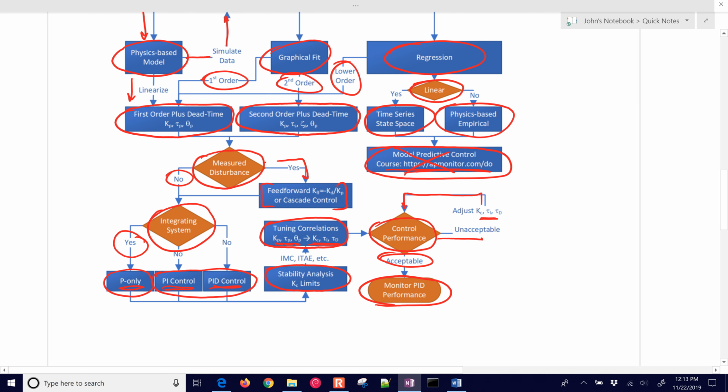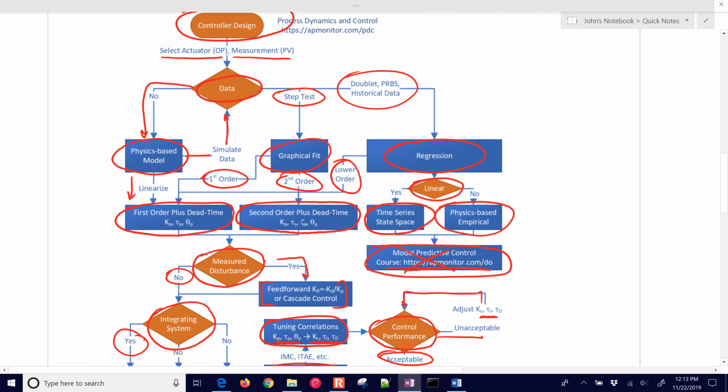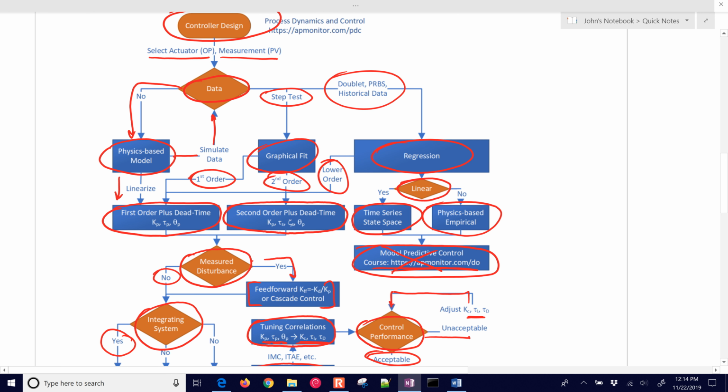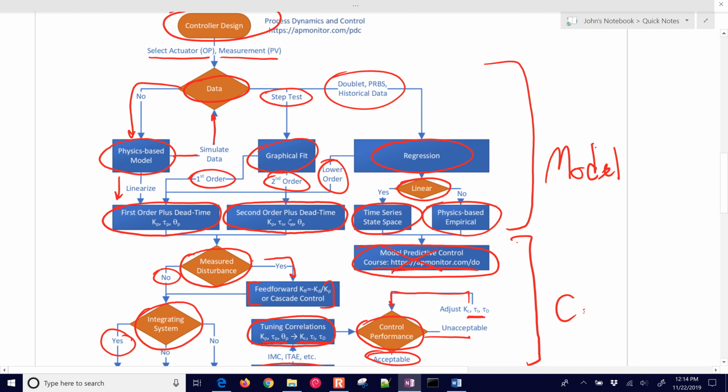So with each of these blocks, we've covered material for each of these on how to design and tune a control system. And then in this area, this is the modeling area. Alright, so this is how to create a model, and this is how to create and tune a controller. Alright, so this would be exam 1. We did a lot of material in the modeling area. Exam 2 was controller, and then exam 3 was the